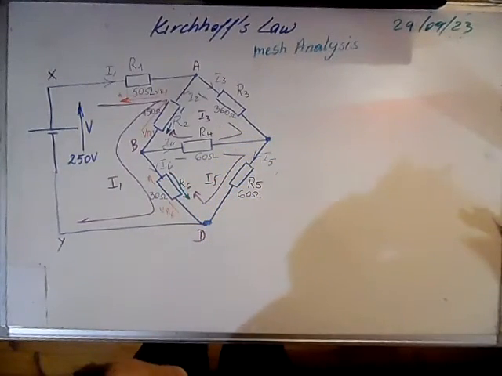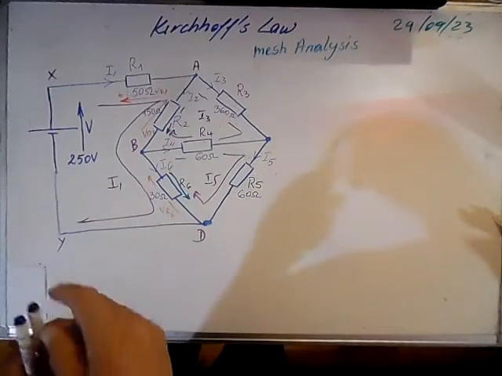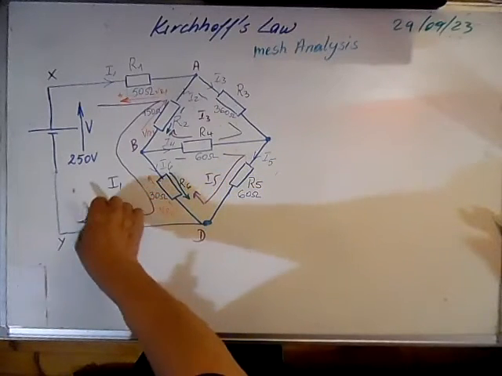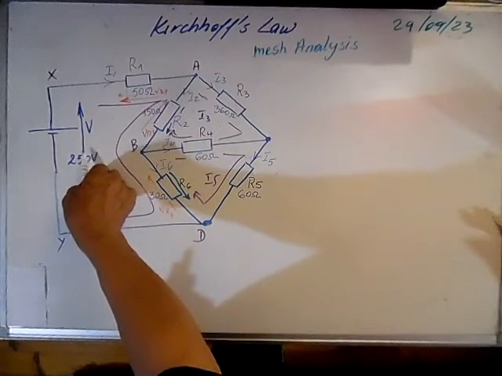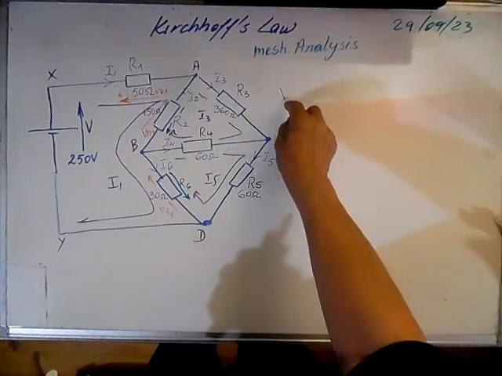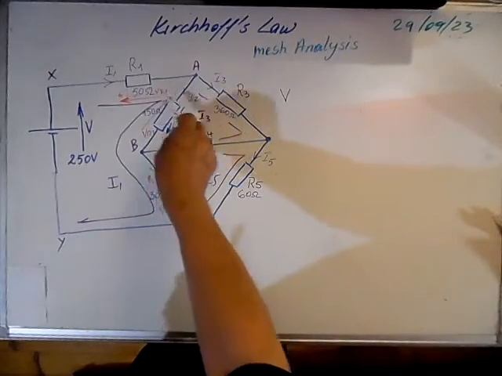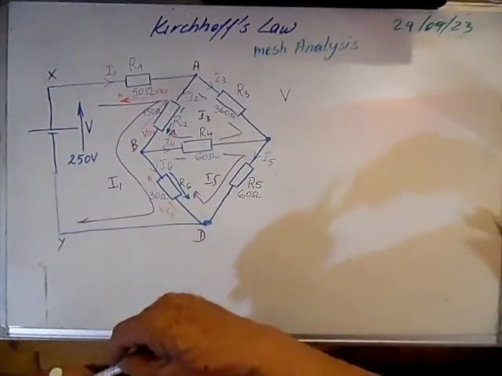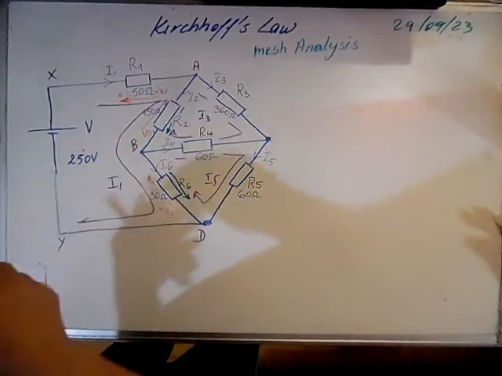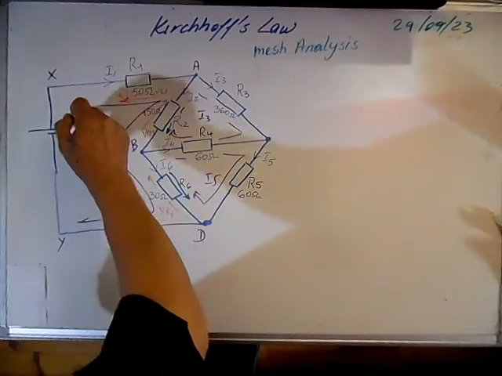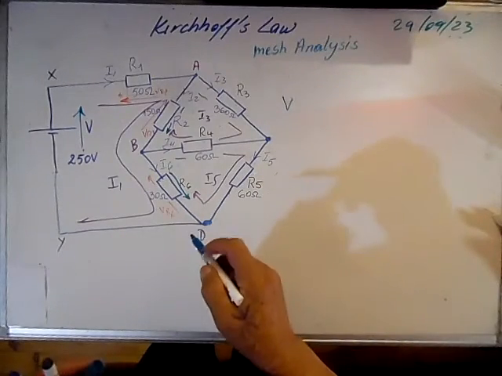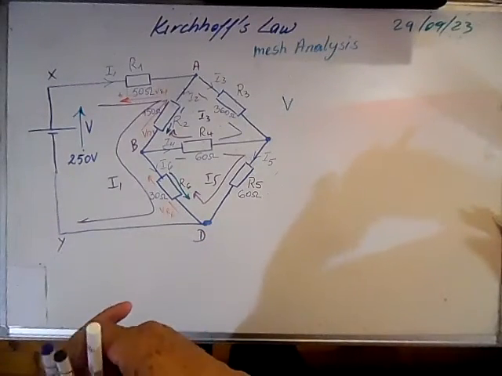So in the first mesh we can write that V, because we are entering a minus and coming out from plus, we write plus V. Here we're going from plus to minus, we write minus. I will write it, let's try and put it in green as well, because it will be positive. Here it will be positive, we write V. In red it will be minus